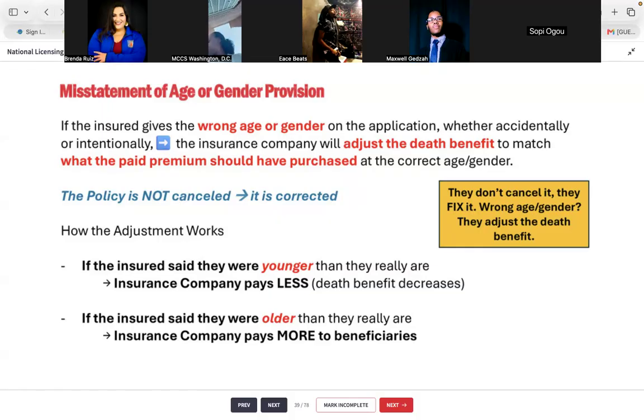Now, this happened to me. This was a mistake that I made even filling out an application. I accidentally clicked male on a female client. It's a simple mistake, like it's a drop-down menu and I clicked the wrong one. And the policy got issued. Nobody questioned it. The underwriter didn't notice it. And it was very clearly a woman. Her name, I think, was like Maria. And I put a man on the application, but it was a woman.